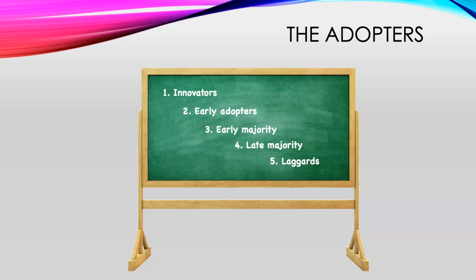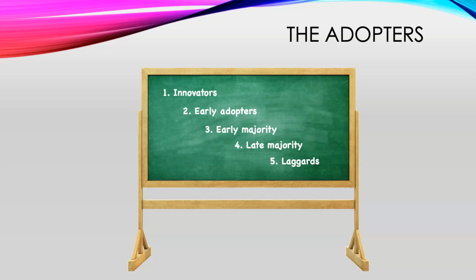Then you have the late majority. These are your skeptical range. They go hand in hand almost with the early majority, and they may also make up 34%. Strategies that appeal to this population include information on how many other people have tried this innovation before they adopt it. And then you have the laggards.